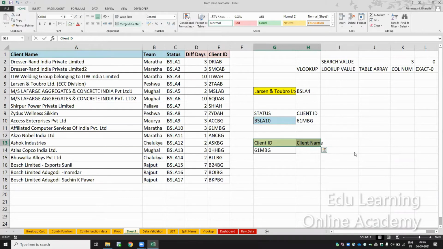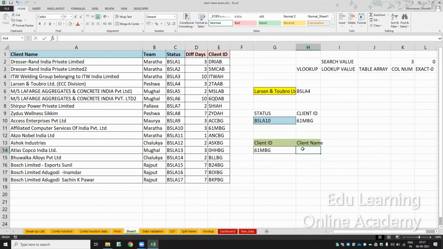HLOOKUP? Why do we use HLOOKUP? This is always in the left direction, so only VLOOKUP we have to use. Now I have the client ID here, and I wanted to get this value, affiliated computer. Reverse VLOOKUP we have to do.